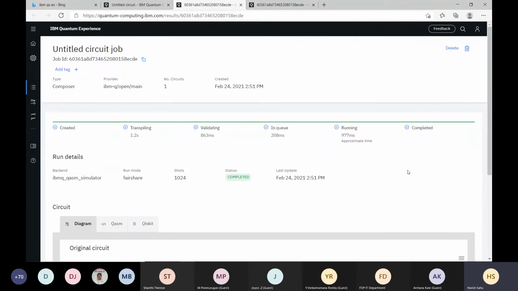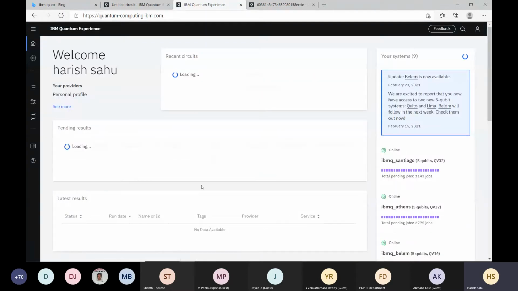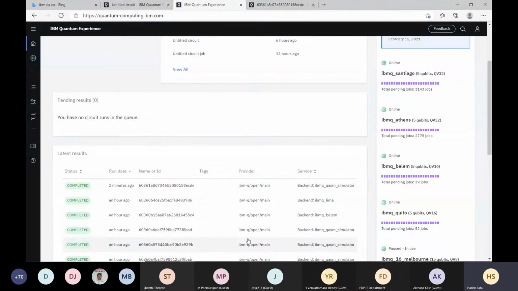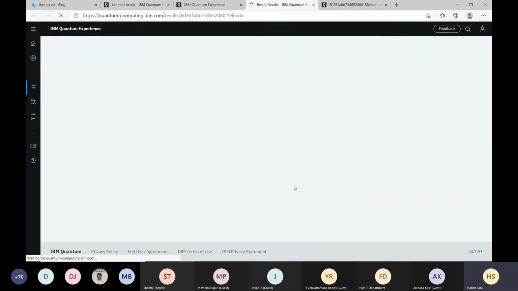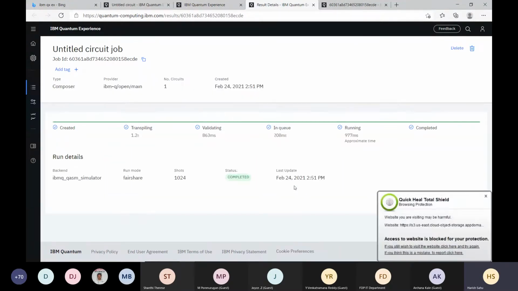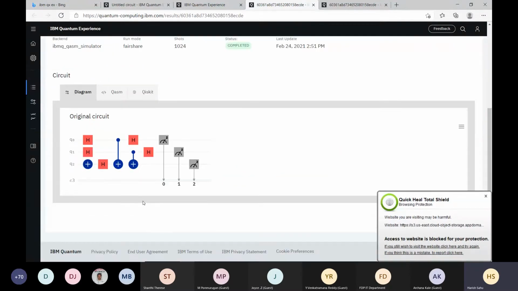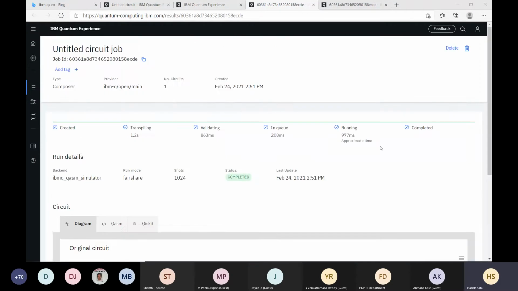Can any of you find this run option, the result option? Actually, just a second. Go with this composer and let's go with that. Just a second. If you see in this thing, that was our circuit. Has anyone else tried the same thing?